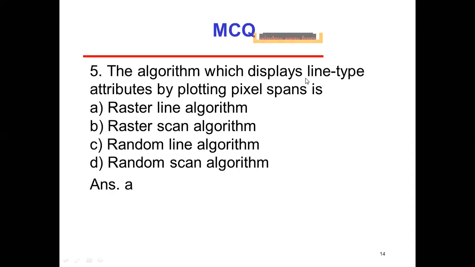So in this case we use pixels, but here we will get the result in the form of a line. The name of such an algorithm is the raster line algorithm. So part A is correct.